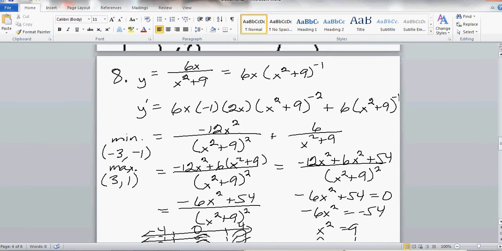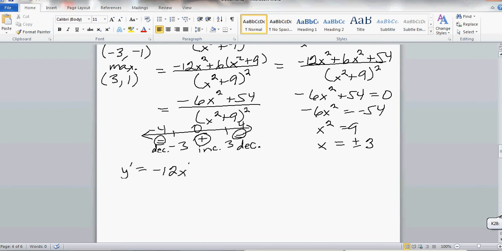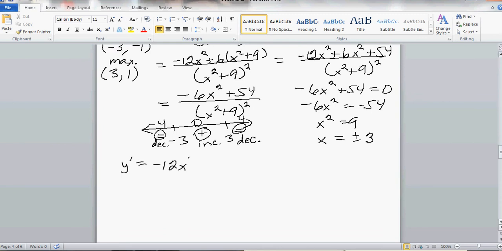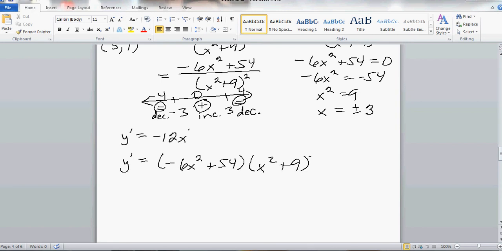Y prime is negative 6x squared plus 54. Okay, so I'm going to rewrite it in user-friendly form, so it would be negative 6x squared plus 54 times x squared plus 9 raised to the negative 2 power. So that's my y prime